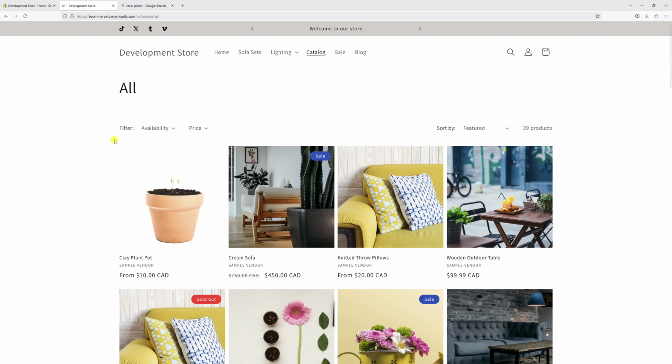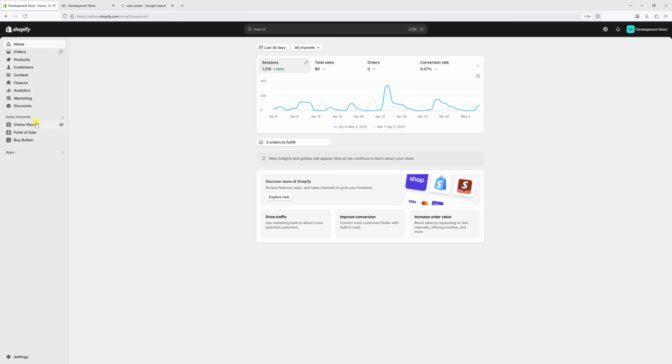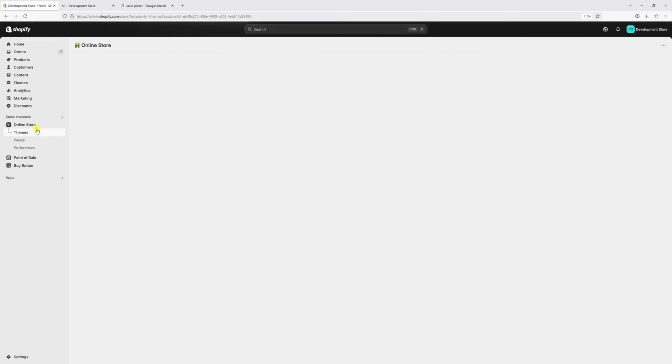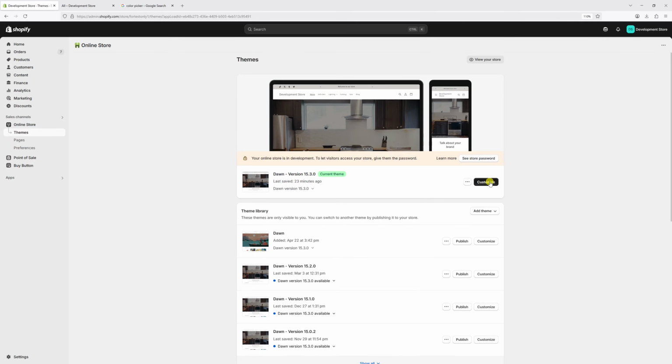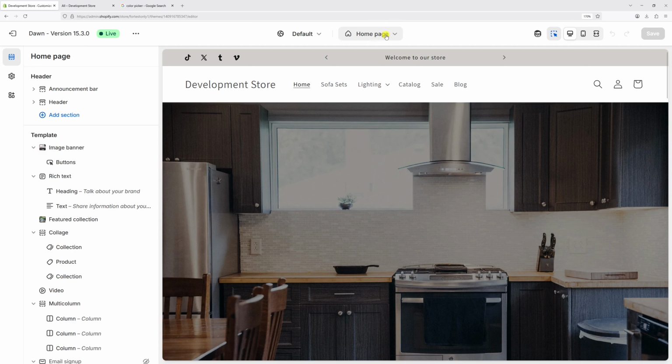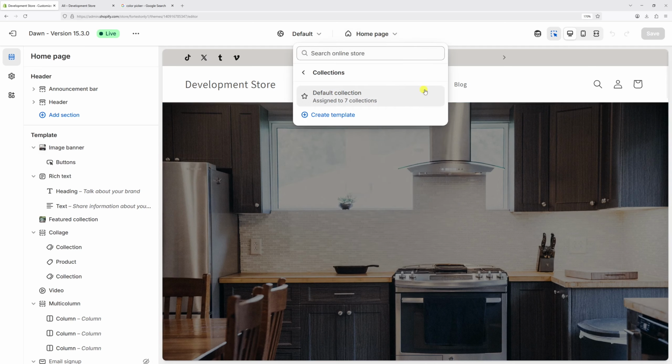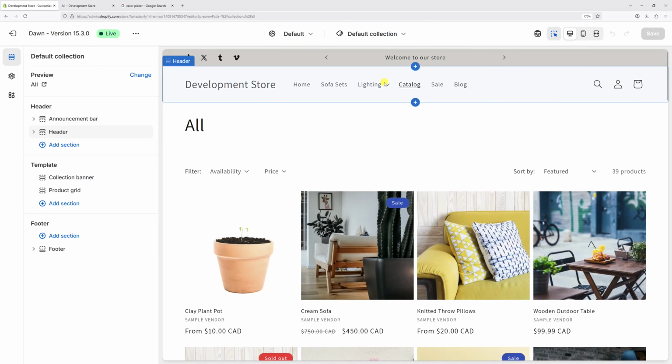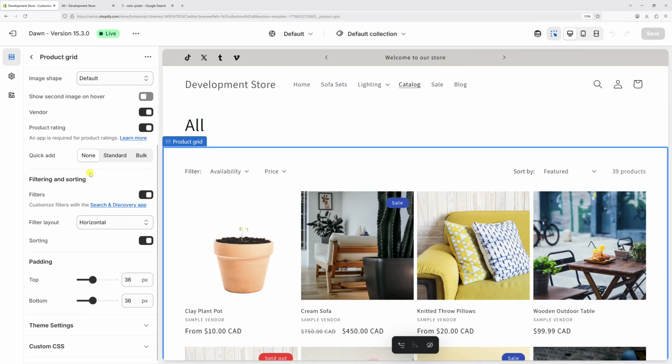To make this change, log into Shopify admin account, and then select Online Store. Then locate Dawn theme and click on Customize. Once the editor loads at the very top, click on Homepage and then select Collections, then click on Default Collection. Then on the left under Template, click on Product Grid, scroll all the way to the bottom and expand Custom